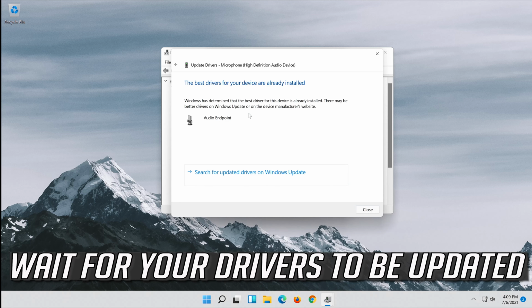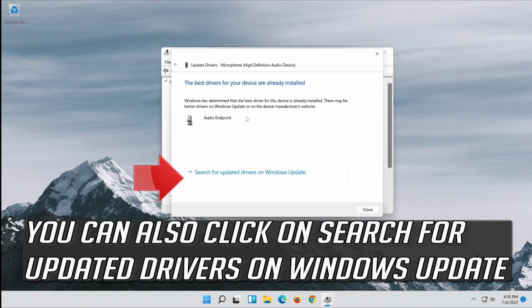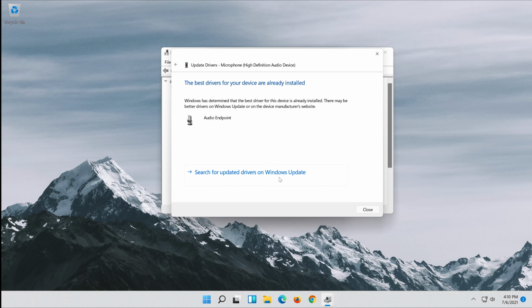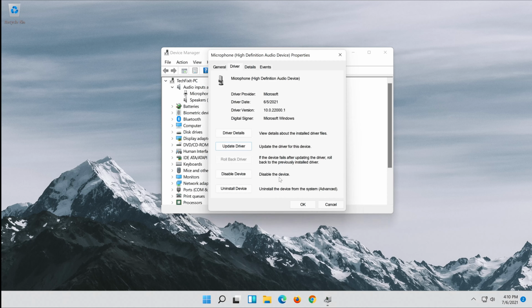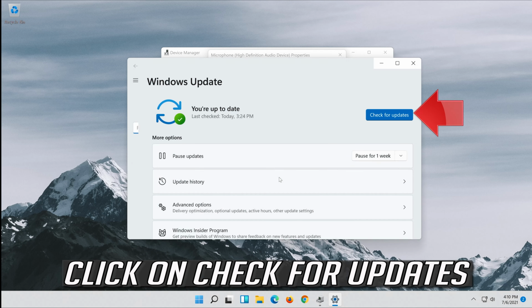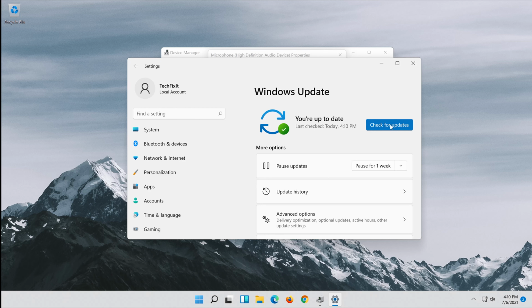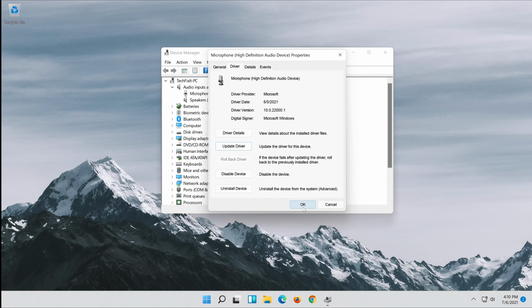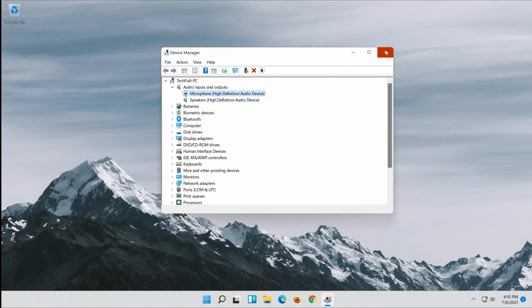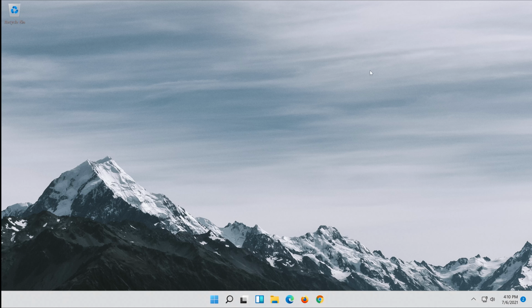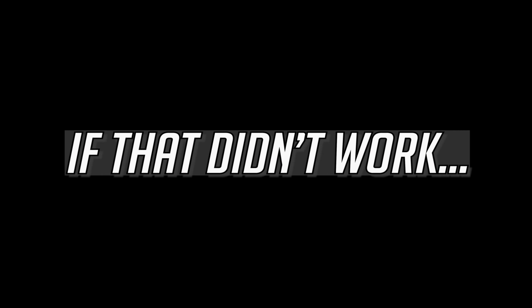Wait for your drivers to be updated. You can also click on Search for updated drivers on Windows Update. Click on Search for updates. Now wait for the updates to be installed. If that didn't work,